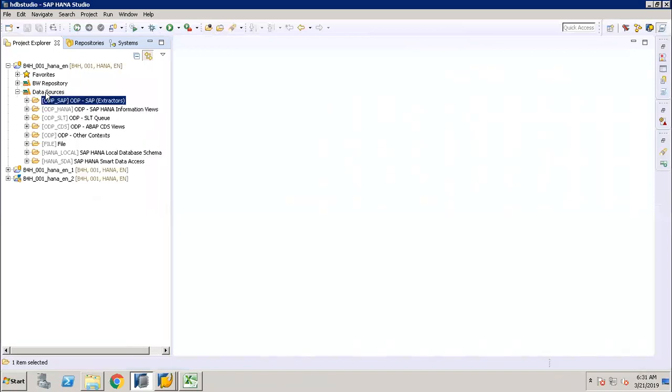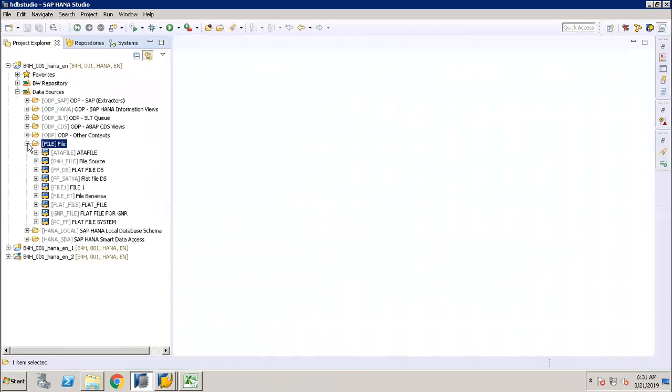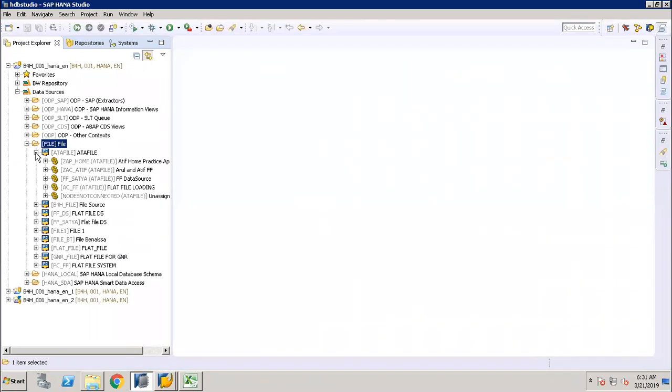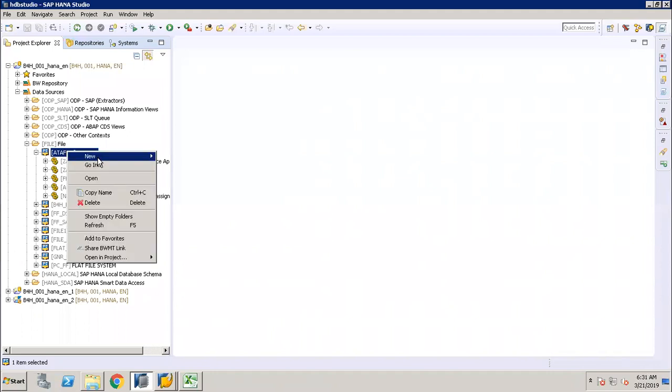So we have something called a data source, under which we have a source system called flat file source system. Here we already have a lot of systems, and you can use any of the flat file systems that is available. So let me use this particular flat file source system. First, in order to extract any data from any source system, you need something called extractors. The extractor's technical name is nothing but the data source. So if you want to extract particular data from any of the source systems, you have to create a data source. So let me create a data source